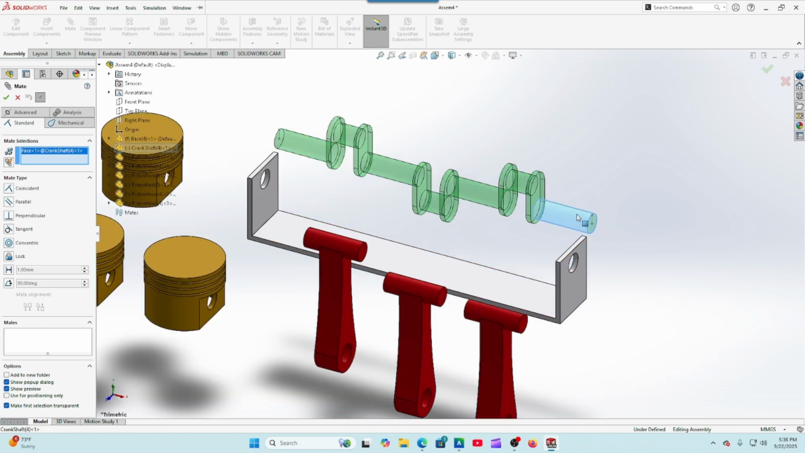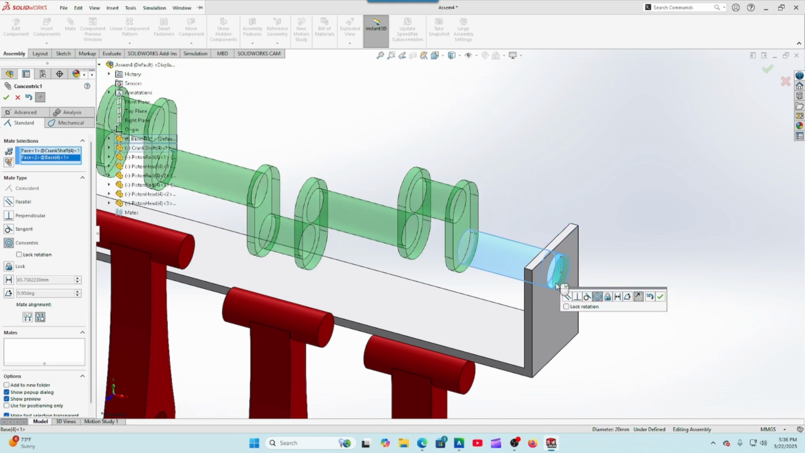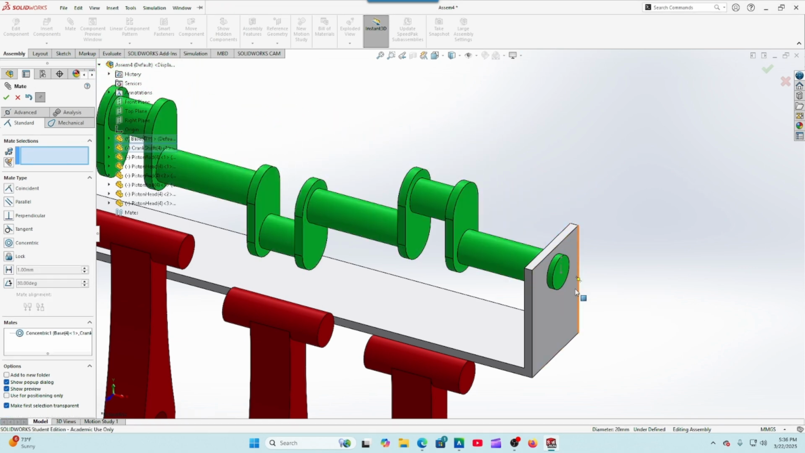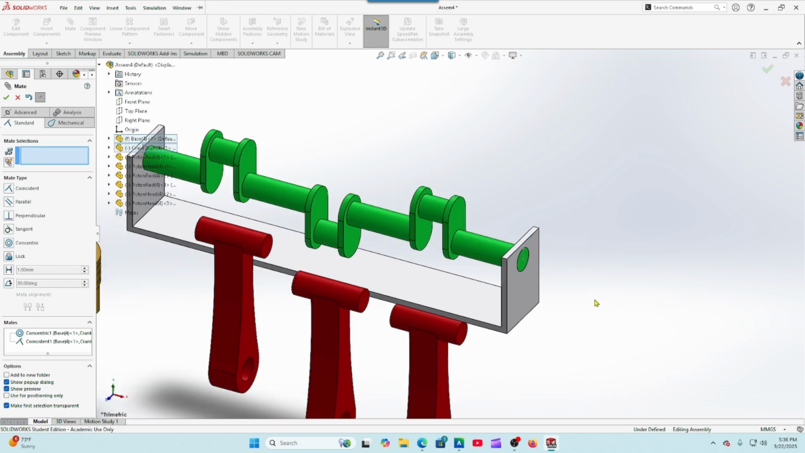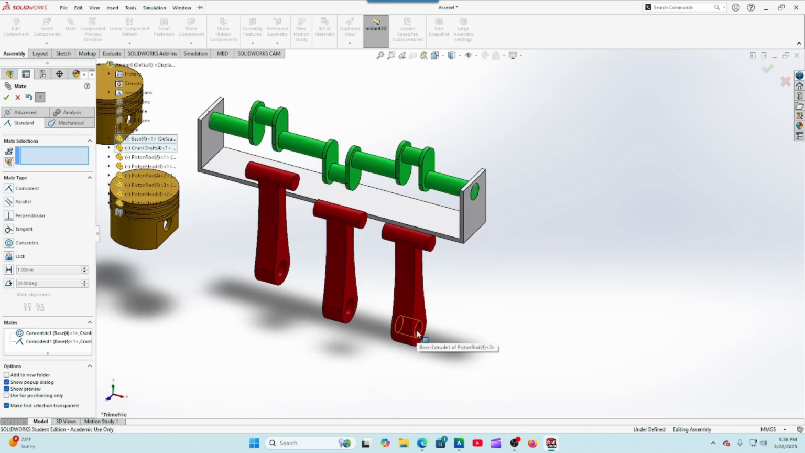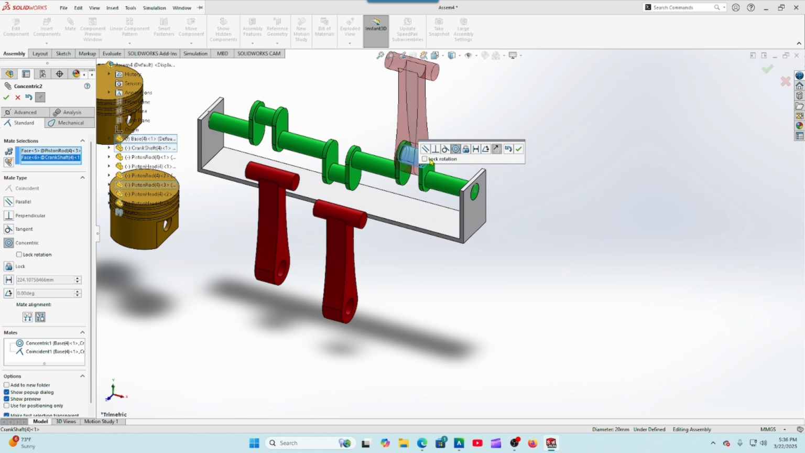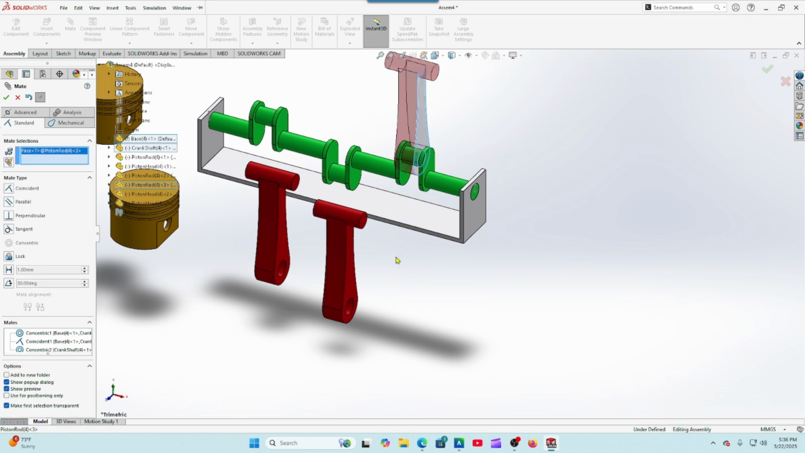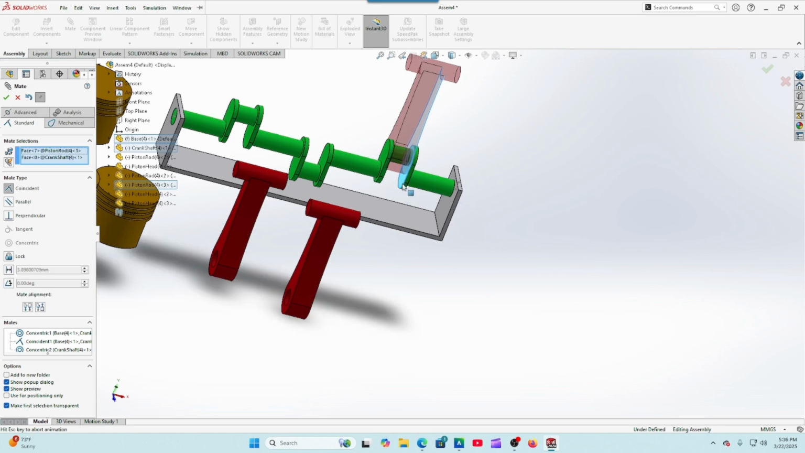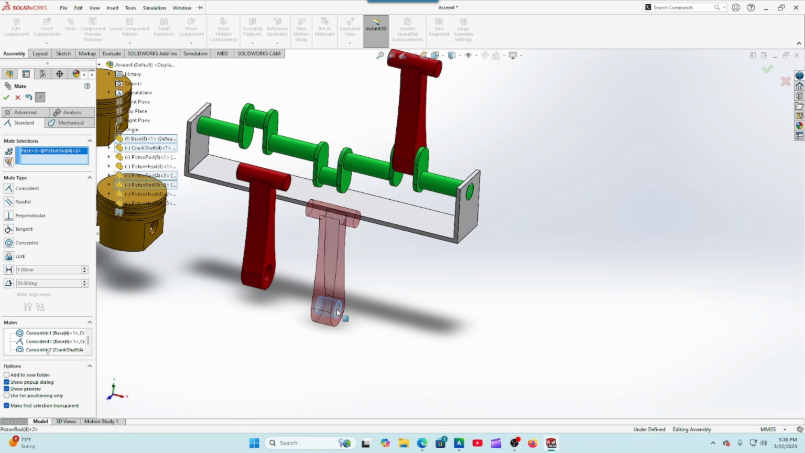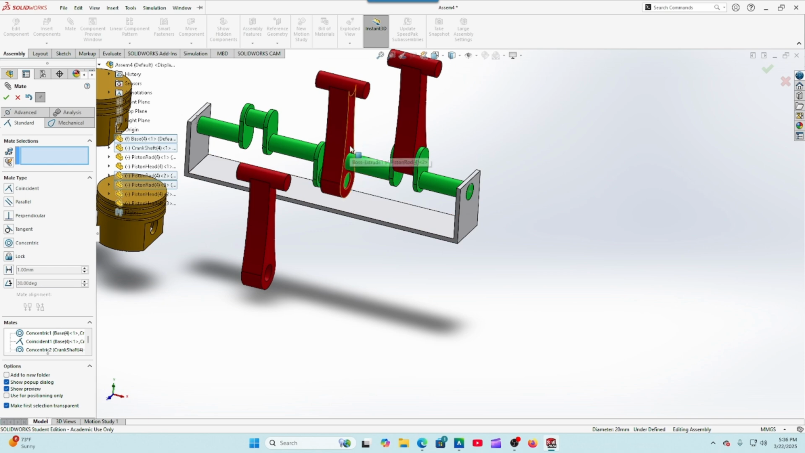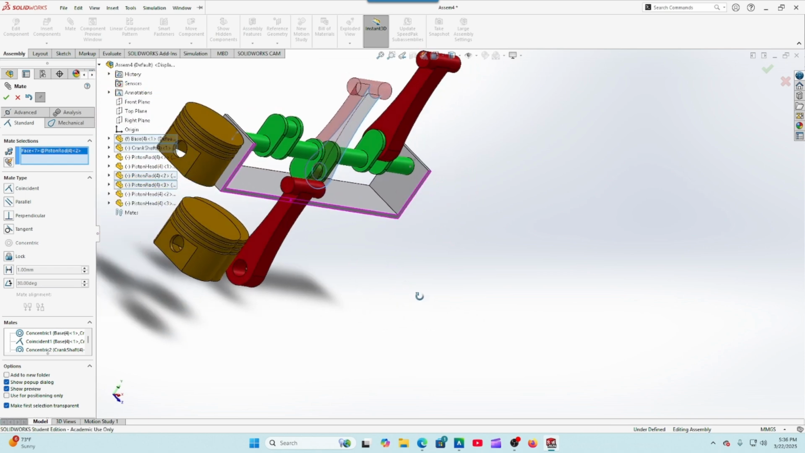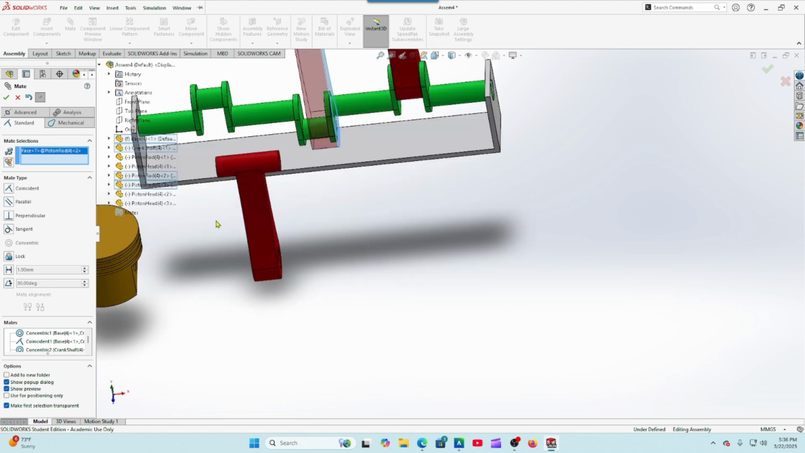So we're going to do this one first, and then I'm going to do that, make sure that it says concentric. I'll do my face in here, make sure that's coincident. And then we'll do here, it's concentric. And then we'll do that face. There we go. That's coincident. Let's do that. That. It's concentric. And then, all right, so we got to do,